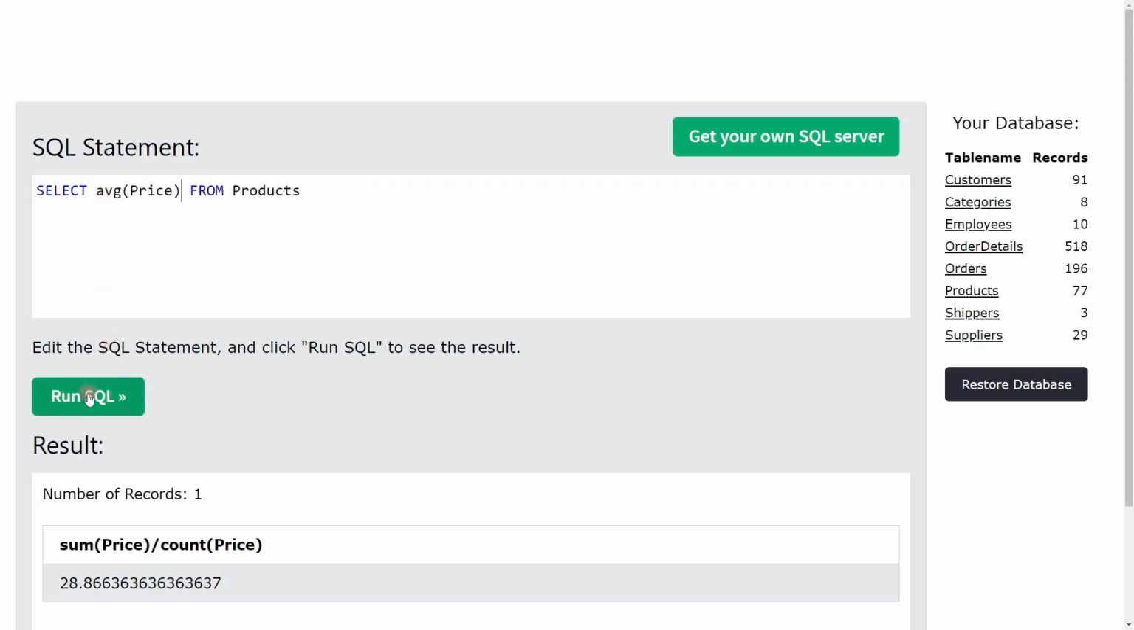In this section, we will learn the max, min, count, average and some functions that are frequently used in the